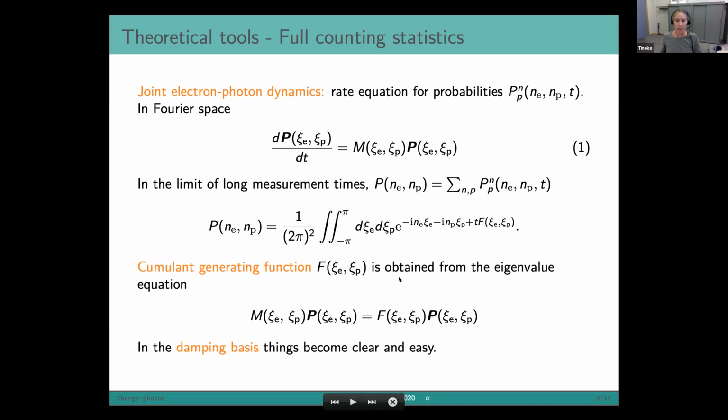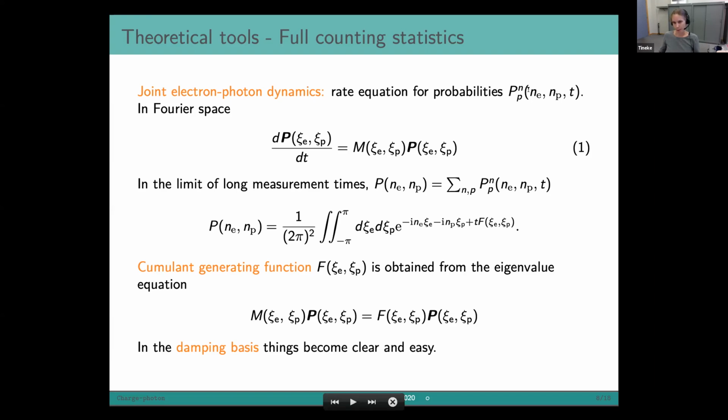So we work in the theoretical framework of the master equation, and we will try to get out statistics and correlations. For example, we will look at the joint electron-photon dynamics, which is interesting because it gives you the cross correlations, the cross noise factors and noise cumulant. And so you have this master equation, typically for this probability vector. This probability vector gives you information about